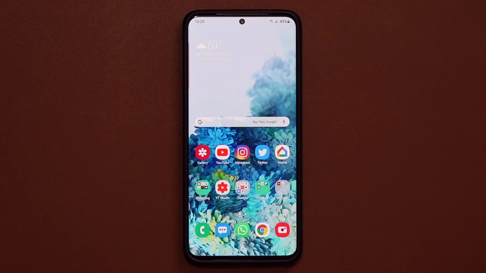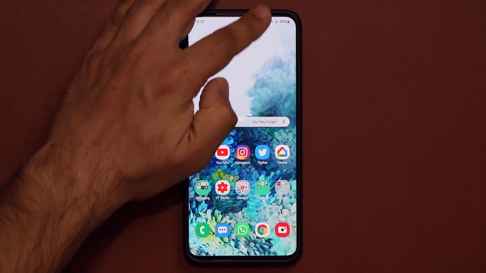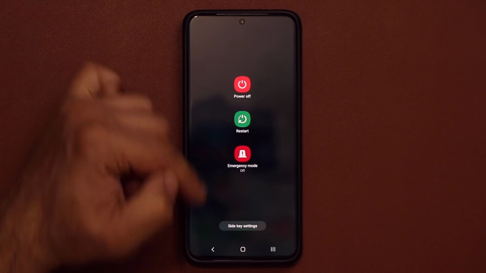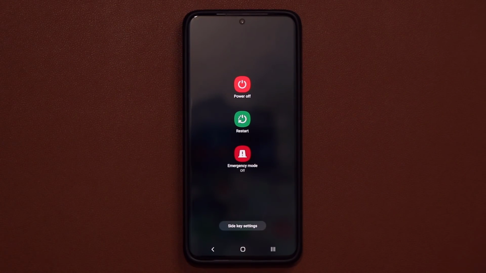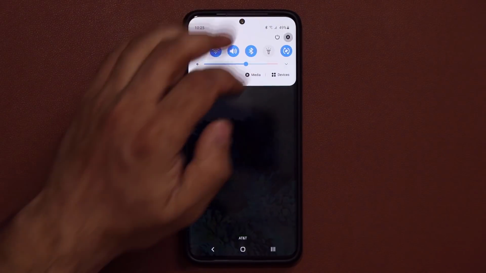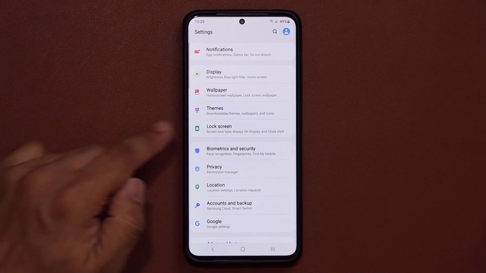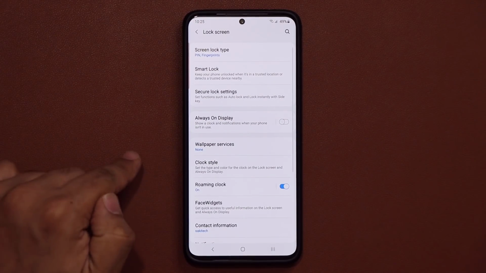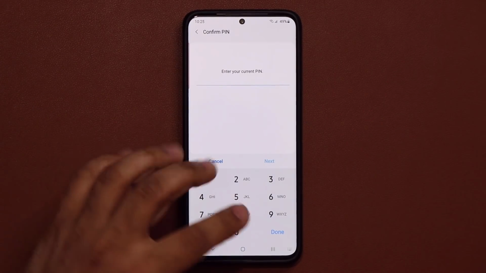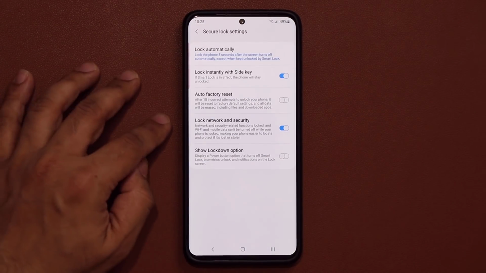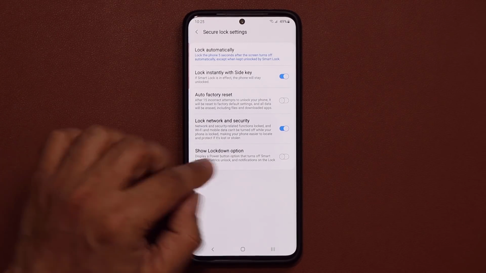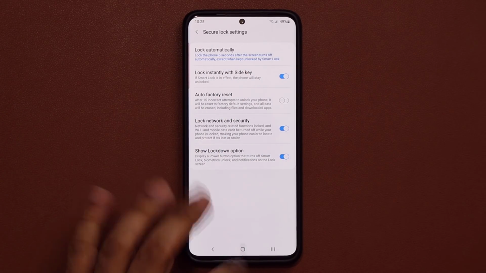Now, when you try to turn off your device and you pull this down, you tap on the power button, you get 3 options right here. There's actually another option you can enable that's going to show up right here. So what you do is you go to your settings, all right? Then you go over to your lock screen, and then from here, what you want to do is go to secure lock settings. You tap on this. You do have to put in your PIN number to access this area. And then from here, you want to say show lockdown option. So when I enable this and when I go back out,